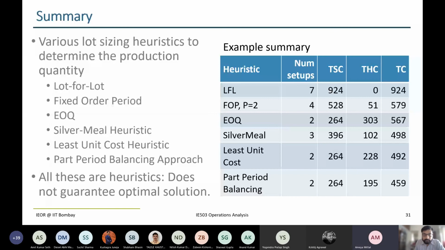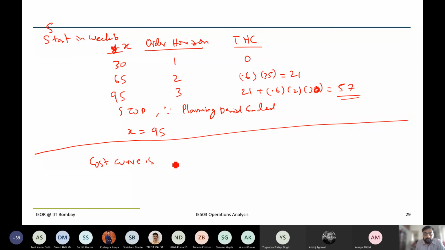Yeah. So let me use this white space to answer it. Usually the cost curve is convex. You can imagine the cost curve is like this. I don't know exactly how it is, but the cost curve is somewhere there. So what we are doing is incrementally estimating some cost value somewhere here, somewhere here, somewhere here. And as soon as I figure out that this value is actually higher than the previous value, I just stop.